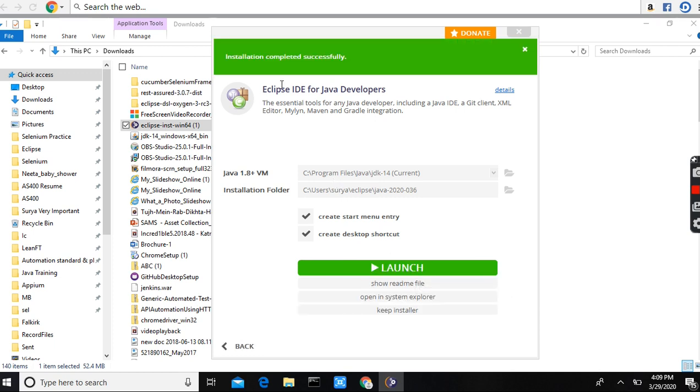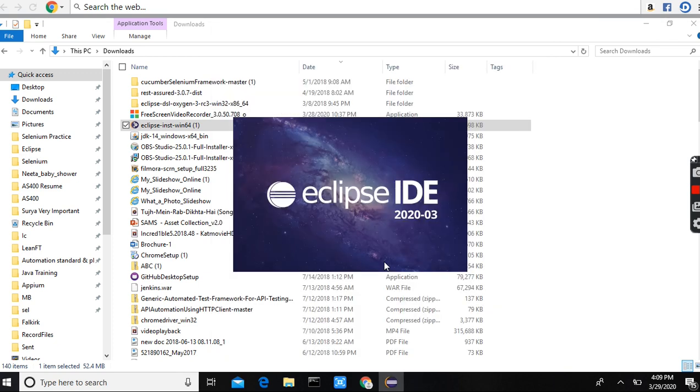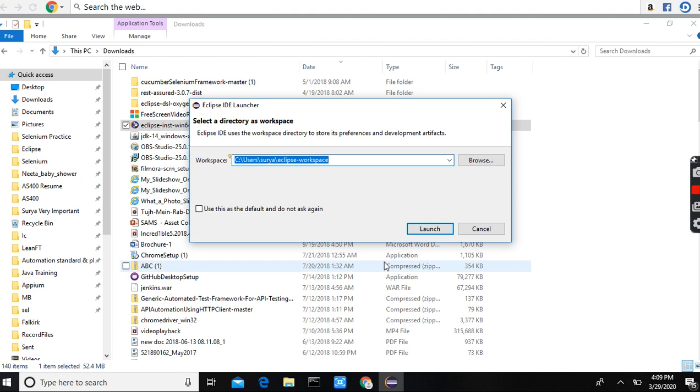See, installation completed successfully, and you have the launch button. You can just click on this launch button to start with the Eclipse IDE. So now here you are on the first